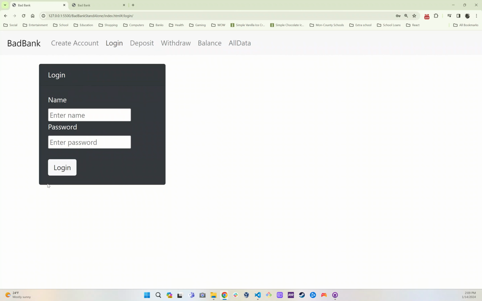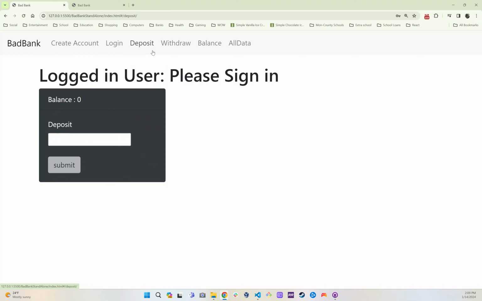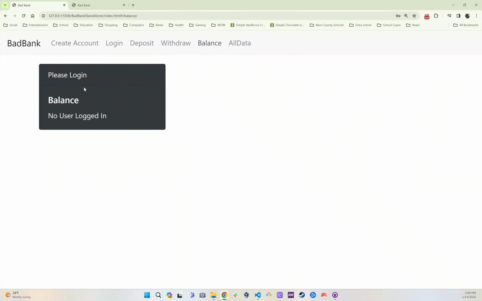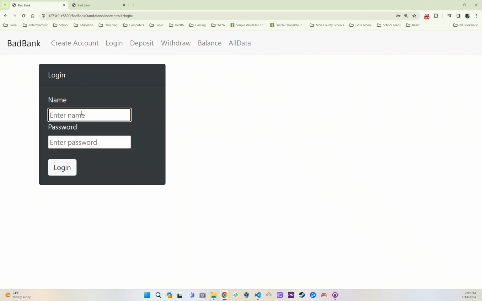We have our login page, the deposit, and the withdrawal. If you're not logged in, it'll tell you to please sign in. The balance will also say please log in, and under balance show no user logged in. So if we go back to login,